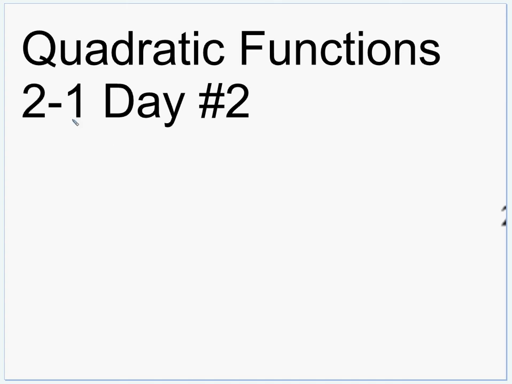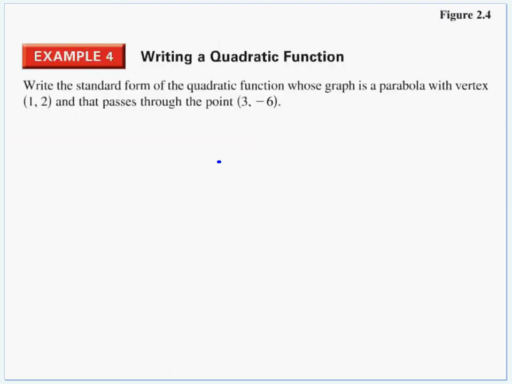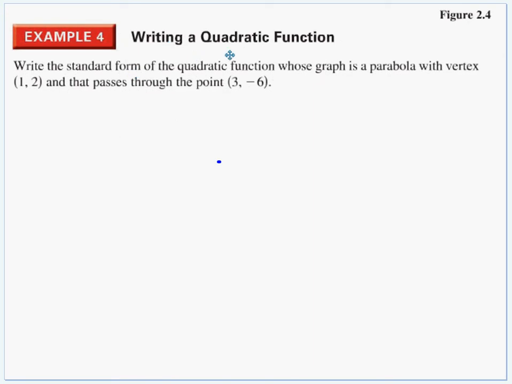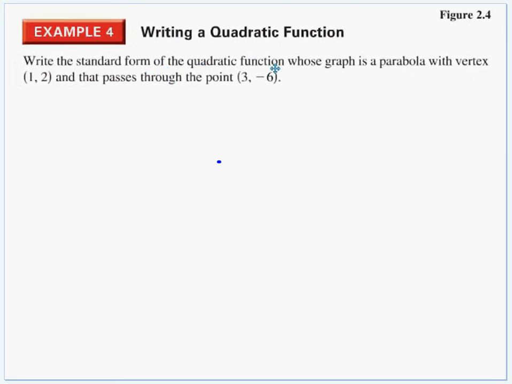Hello and welcome to the video that's going to finish off section 2-1, quadratic functions. Here in example 4, it says we're going to write a quadratic function, and the directions say write the standard form of the quadratic function, whose graph is a parabola with vertex at 1, 2, and passes through this point,